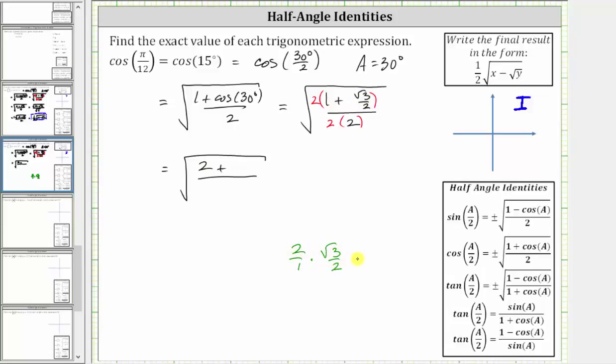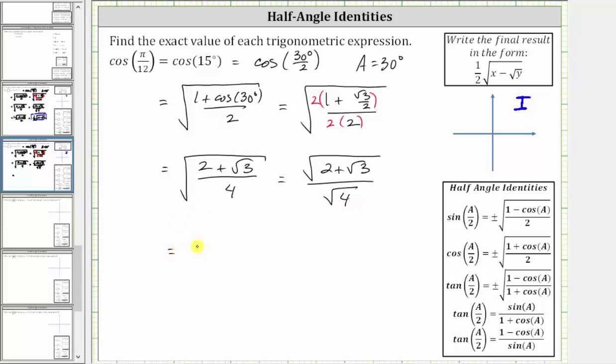or 2 over 1 times square root 3 over 2, which notice how we can simplify before multiplying. There's 2 and 2 here and here, and therefore the product is square root 3. So we have 2 plus the square root of 3 all over 2 times 2, which is 4. And now let's take the square root of the numerator and denominator. This is equal to the square root of 2 plus square root 3 divided by the square root of 4,